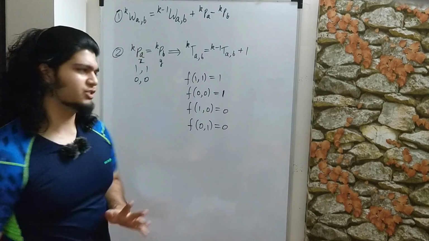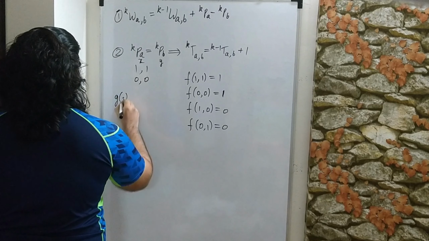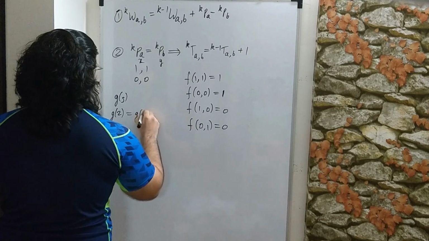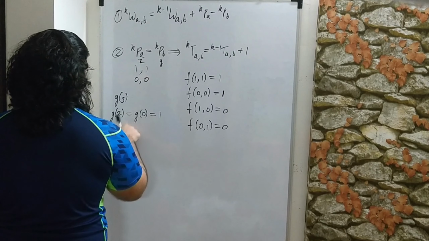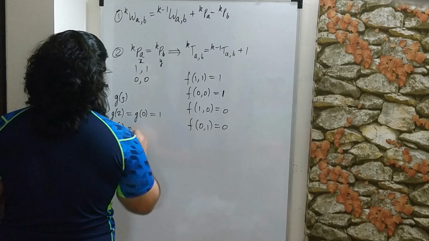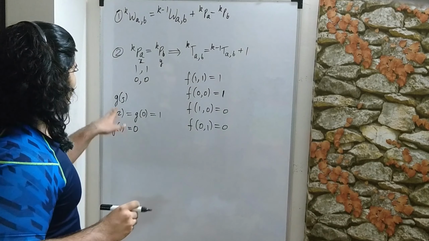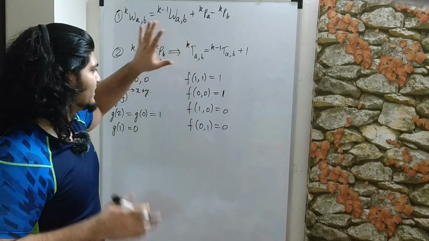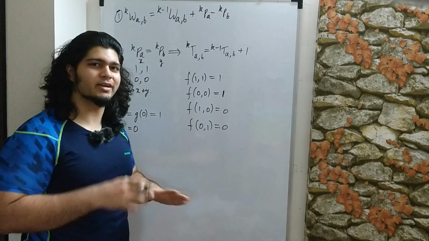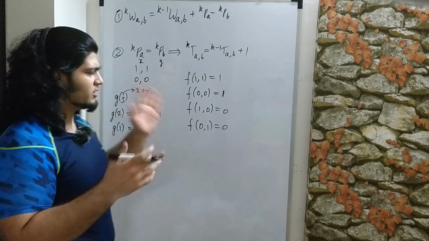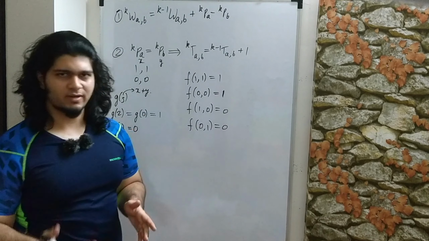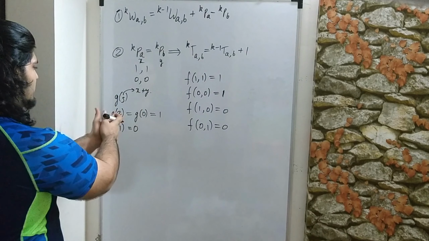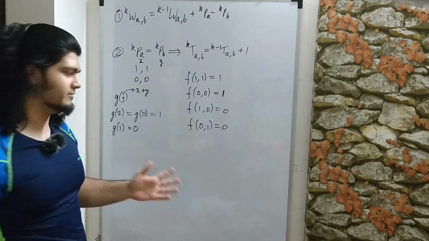So can you figure out a function, let's call it g of s, such that g of 2 and g of 0 are both 1 and g of 1 is equal to 0, because s is actually just x plus y. So obviously you can say right off the bat that there are infinitely many functions satisfying this, but we want it to be simple. So we thought up this idea of making it a function of x plus y. Why not? So after thinking about that, we ended up with this conclusion, and now we have a single variable function, much easier to deal with, right?